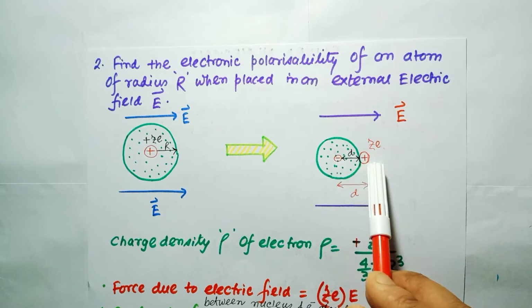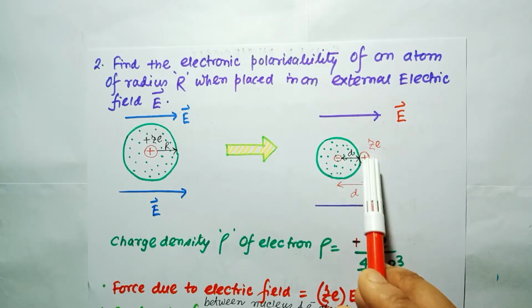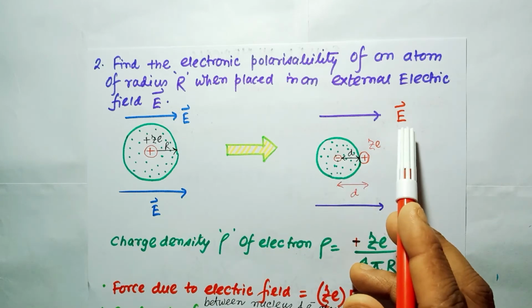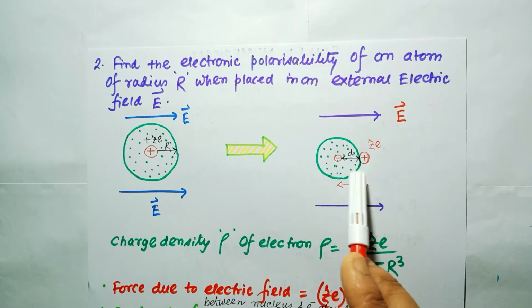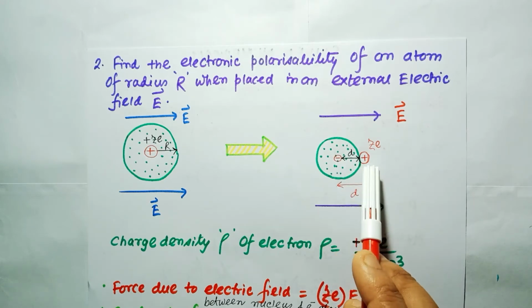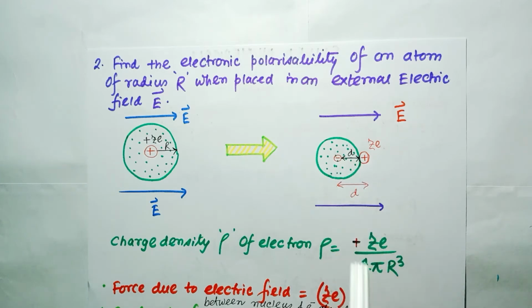It is still making a spherical shape of radius R. The distance between the positively charged nucleus and the center of the electron cloud is now a new distance, small d. So initially the charge density rho of the electron is